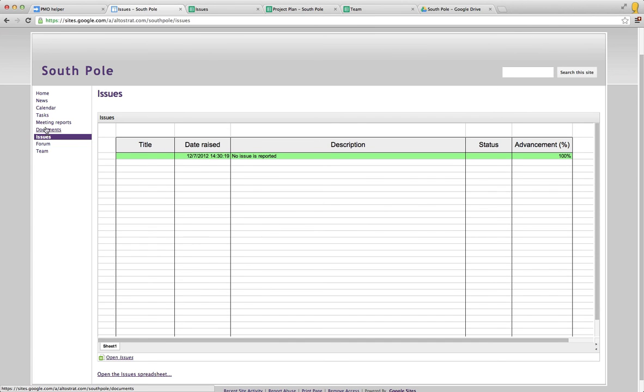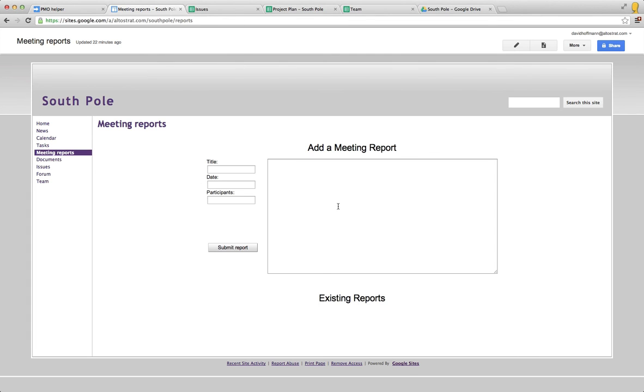And lastly, there is a little app that takes care of building meeting reports. This is another script that is published here and will take all the info you give to produce automatically some meeting reports. So if the title is the kickoff, that's our first meeting, date is today, and participants, well, my other colleague came in with me. Then we want to put some content in our report,